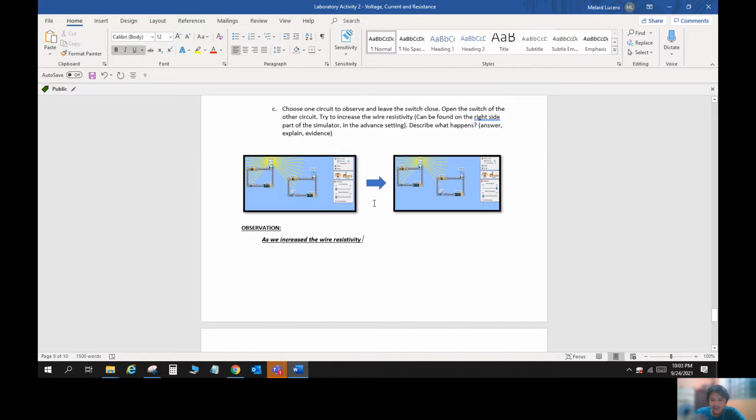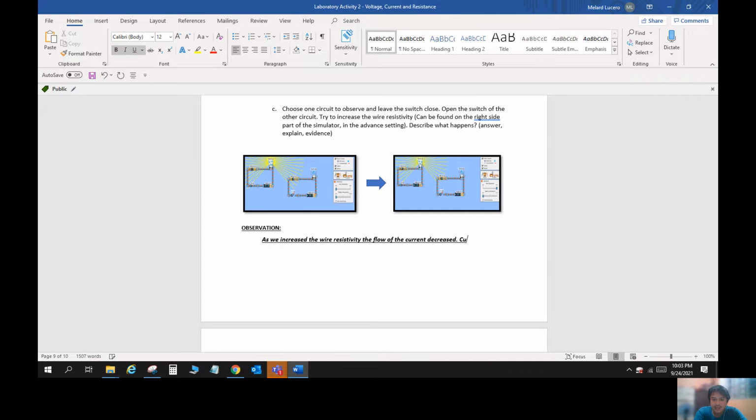So, as we increase the wire resistivity, the flow of the current is decreasing. The flow of the current decrease. Okay, so flow of the current decrease. So clearly, decrease, causing